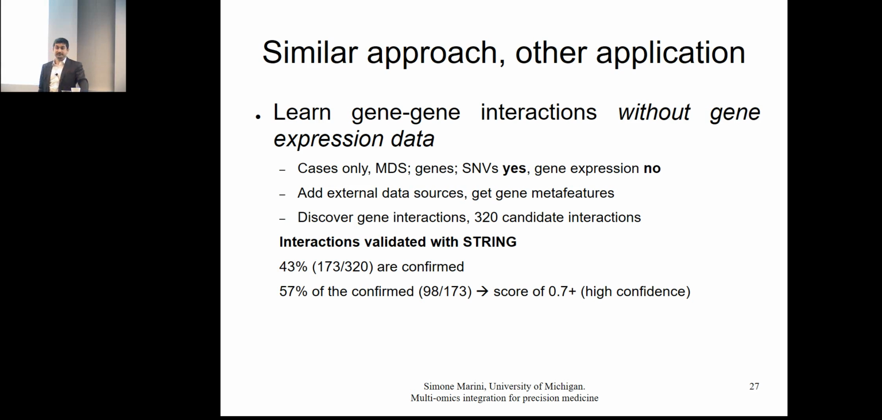How can I prove it? Well, of course, I can use, for example, this database STRING, which was not used in the process, and I can see that this independent source of information is confirming that almost half of the candidate interactions are indeed interacting, and of them, more than half have a score that the same database defines as high confidence. Another way